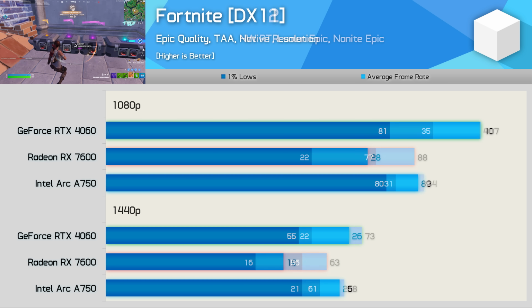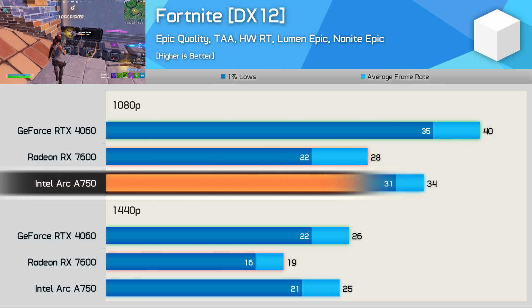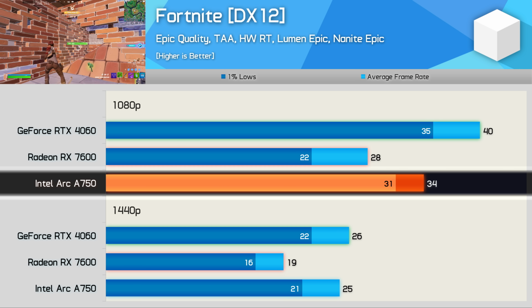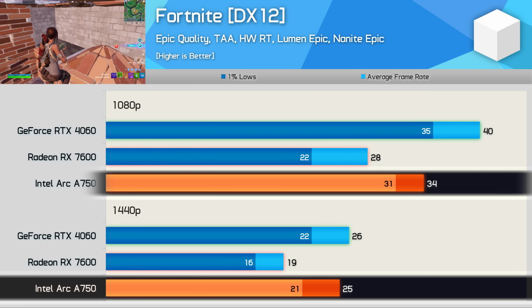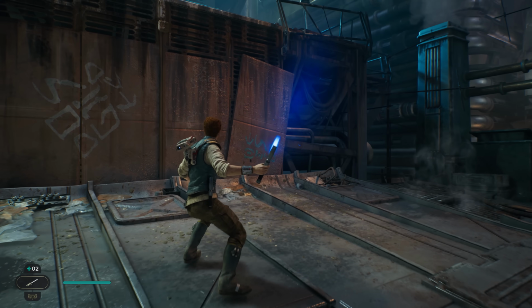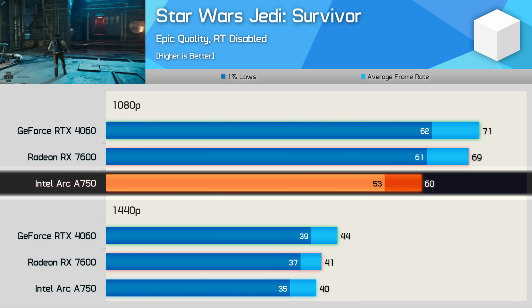Now, enabling ray tracing with the highest quality preset results in pretty poor performance overall, but here the A750 is now not that much faster than the 7600, and is able to roughly match the 4060 at 1440p. Moving on to Star Wars Jedi Survivor, the A750 was good for 60 FPS at 1080p using the Epic Quality preset,